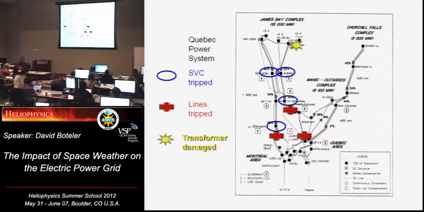Well, the Earth tends to accentuate the higher frequencies. The Earth response is like that of a high-pass filter. So you get larger electric fields with the higher frequencies. So that's why we've tended to not focus on the main phase of a magnetic storm. We think that's too slow. So we focus more on the substorms and on the pulsations.